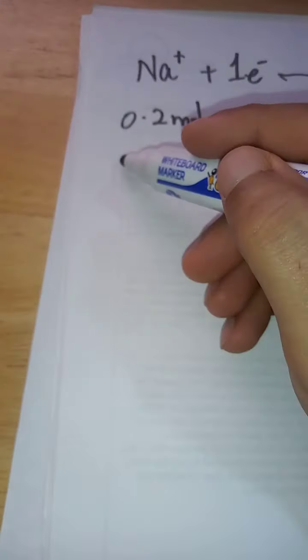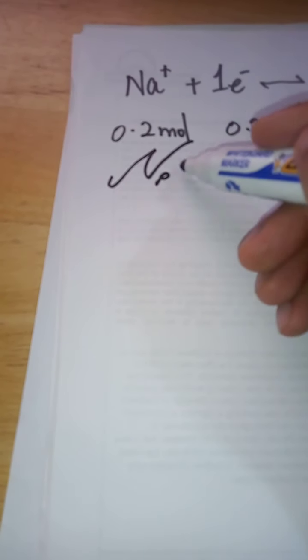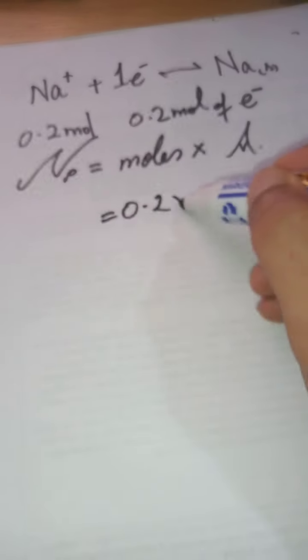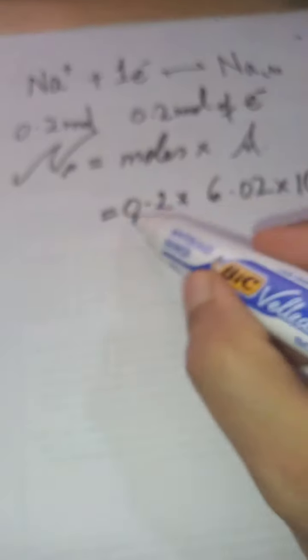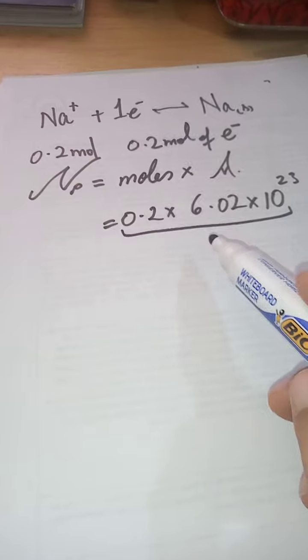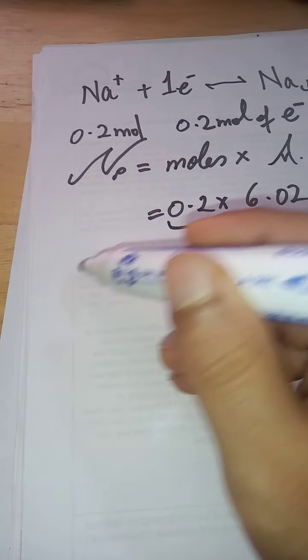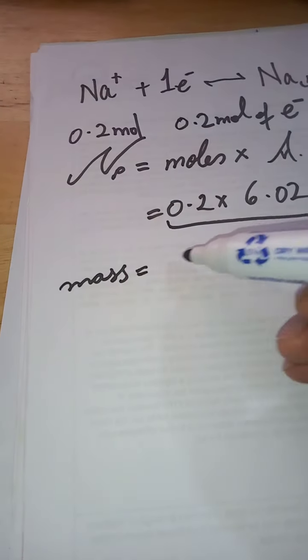And by Avogadro, the number of particles would be moles times the Avogadro constant. So that would be 0.2 times 6.02 times 10 to the power 23. So that's how many electrons would be required for this many atoms of sodium to reach 0.2 moles of atomic sodium, and the mass would be